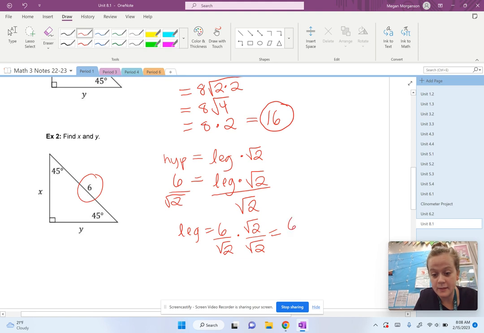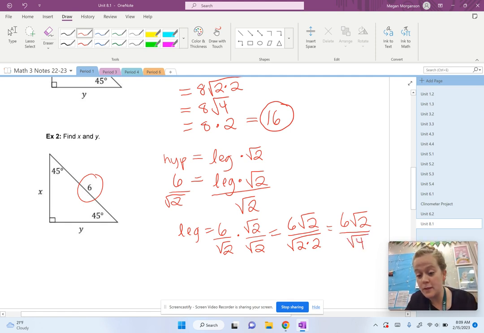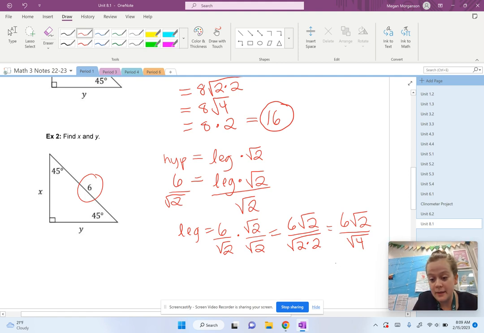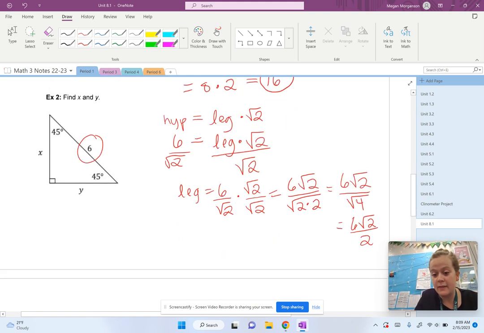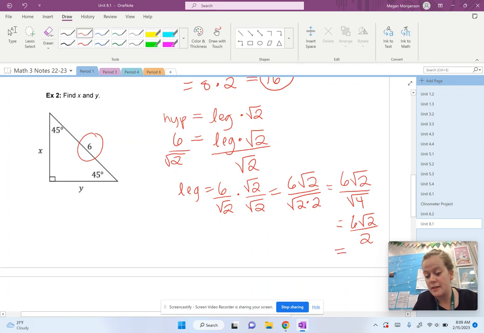So remember, we multiply tops together, 6 times root 2, and bottoms together. Remember, when you multiply two radicals together, you can have one radical and put them both underneath. So then you have 6 root 2 over the square root of 4. Square root of 4 is nice because that's a normal number. It's 2. So then we get 6 square root of 2 divided by 2. And then very last, we've got 6 over 2, which simplifies down to 3. So 3 root 2